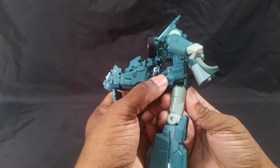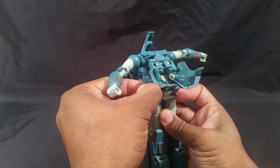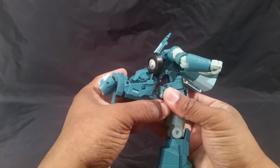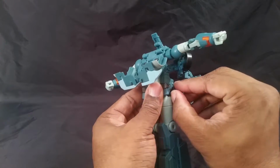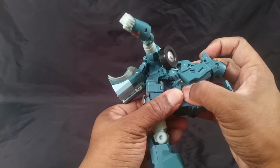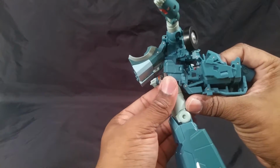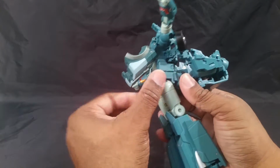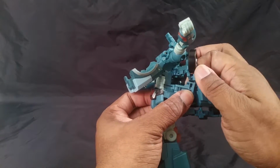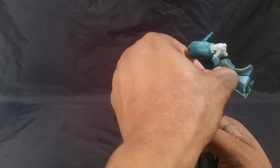Now here's where the cluster stuff comes in. You need to move this up and back here over this right there on both sides. Lift it back and up over this right here, which is easier said than done. Now this is the first time I was able to bend that down that good. Now we need to take this out and get it around the wheels. So there we go. Now that I'm on camera, I was able to,